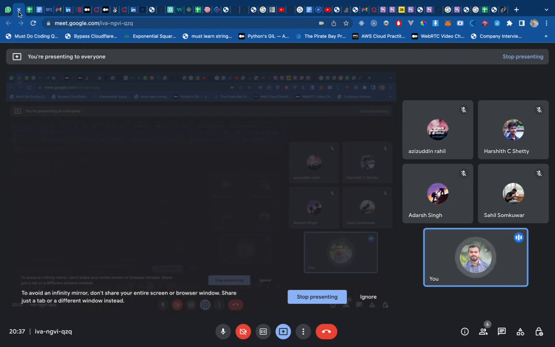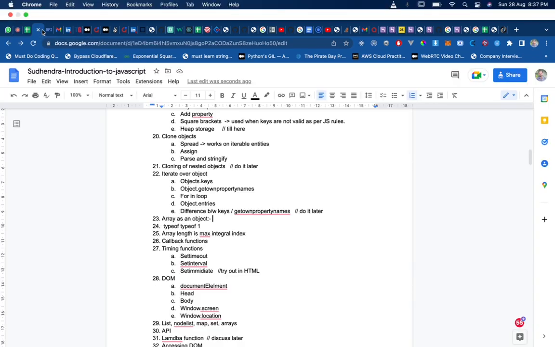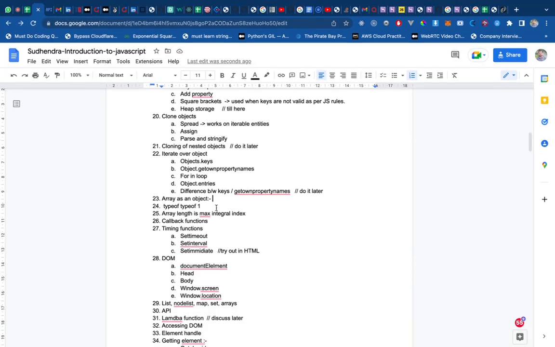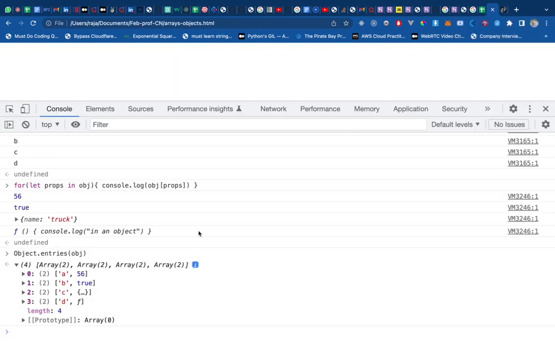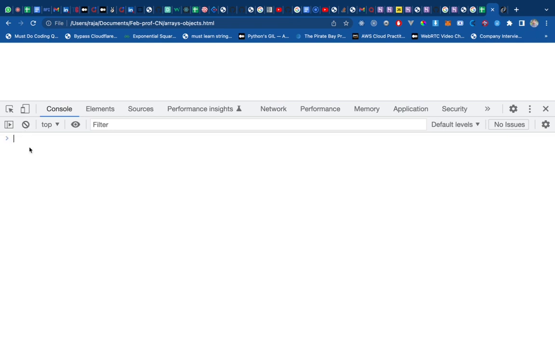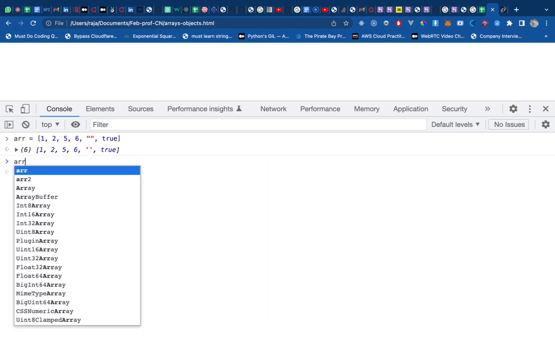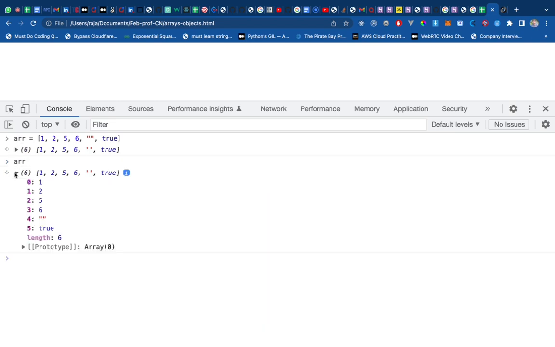Is the iteration part clear, guys? Any doubts till now? No. All right, let's proceed to the next one. There's something interesting happening with objects, like array as an object. Let's see. We are going back to array for a bit. So array, and we have empty. So let's fill it. So we have the filled up array. There's something which we need to see over here. If we see